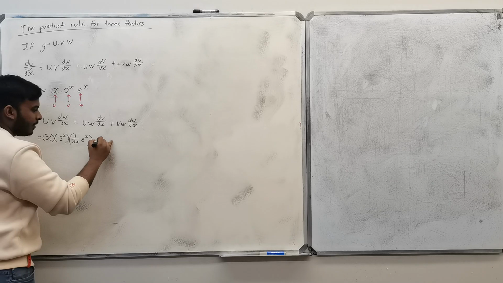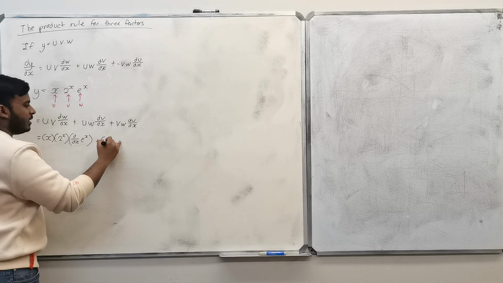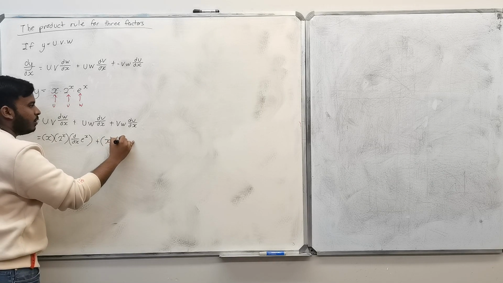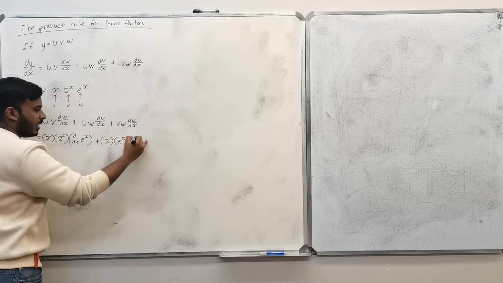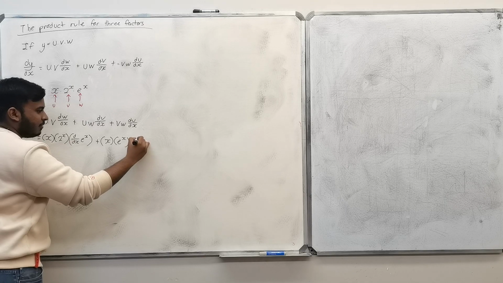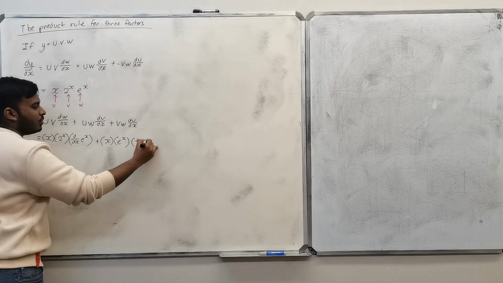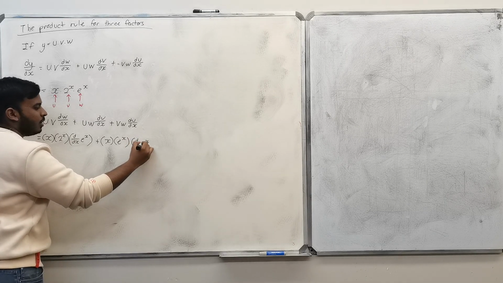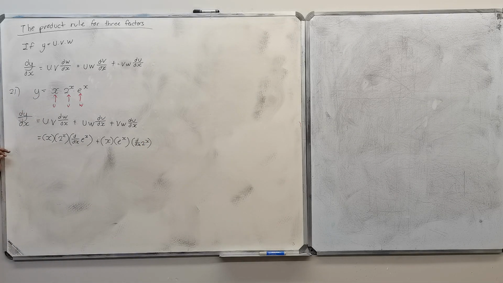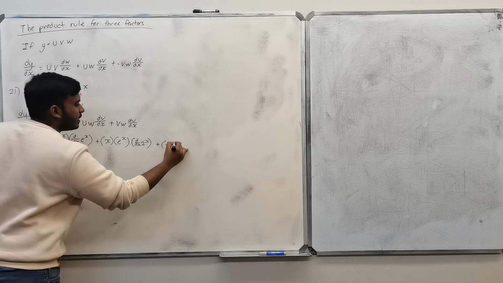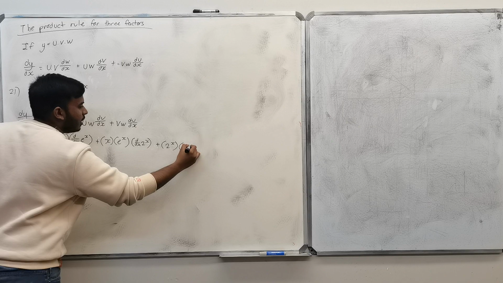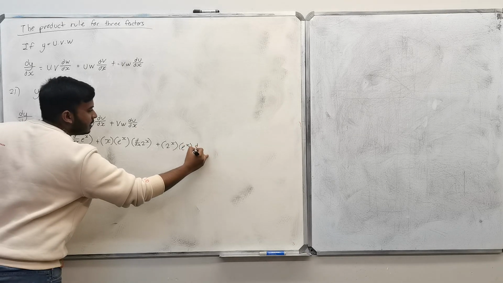Plus u is x, w is e to the x, times dv over dx, the derivative of equation v, which is 2^x with respect to x. Swapped out the v for 2^x. Plus v, which is 2^x, times w, which is e to the x, times the derivative of u, which is,